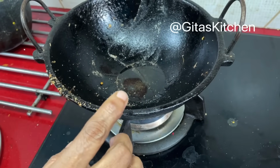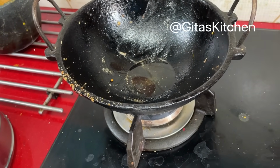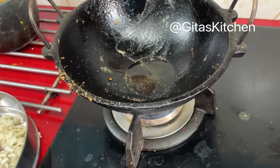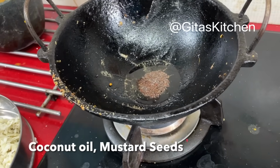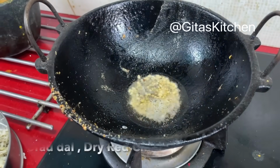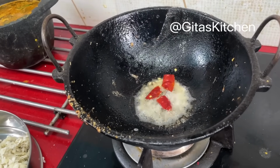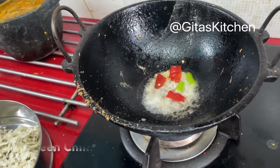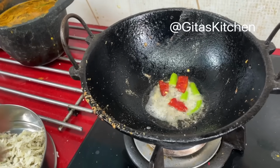You can use any cooking oil. Today I have used coconut oil because I prefer that flavor while making this raw banana Podimas. Add some mustard seeds, Urad Dal, 1 dry red chilli, 1 green chilli, a little bit of hing,